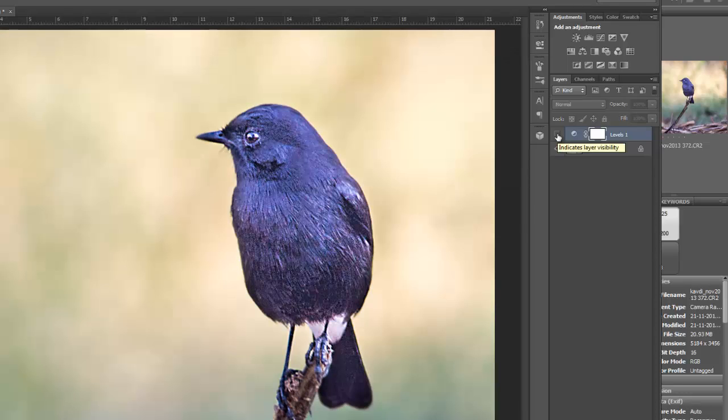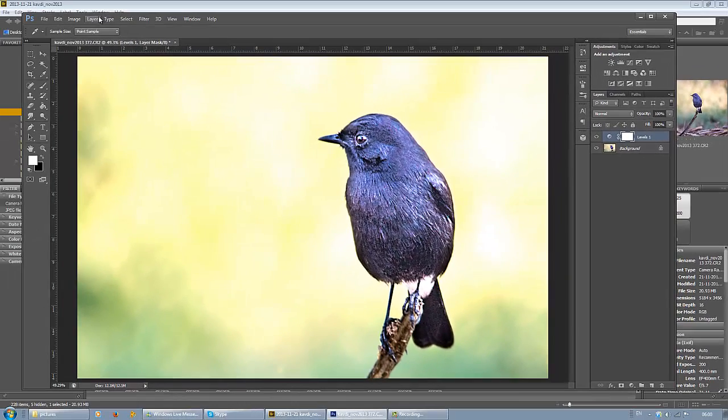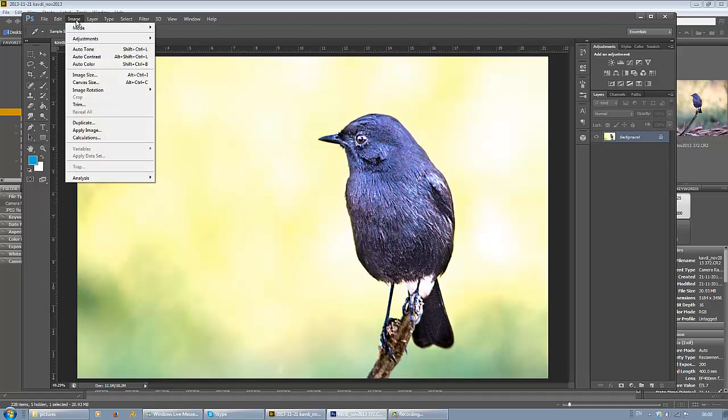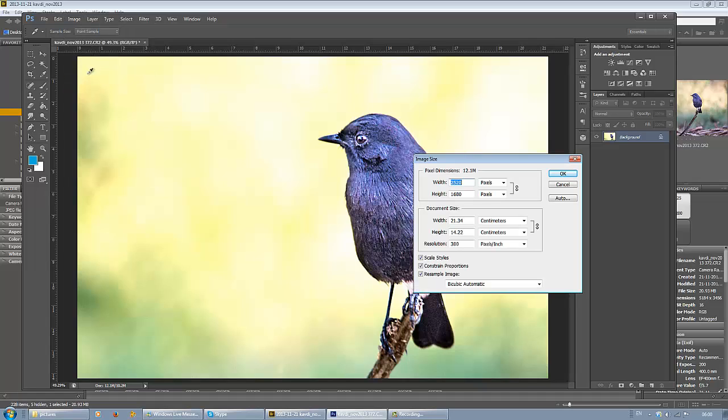This is what it was before we applied the levels, and this is what it is after having applied the levels. If you like it, leave it at that. I think I prefer the one with the levels. Okay, so again we can flatten the image, and let's reduce the size of this image a bit. So I'll go down to image size, and let me, instead of 2520, let it go down to, let's say, 800